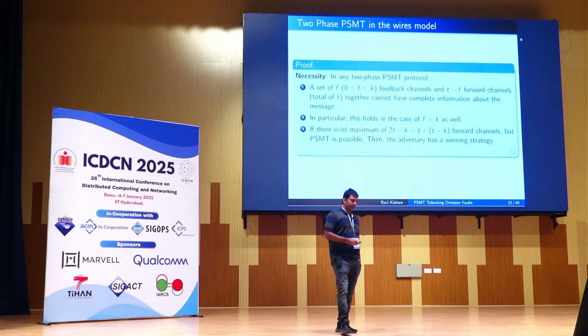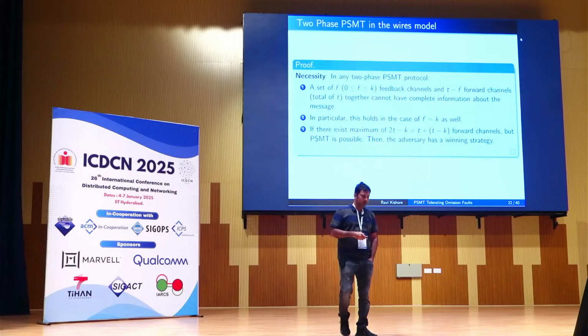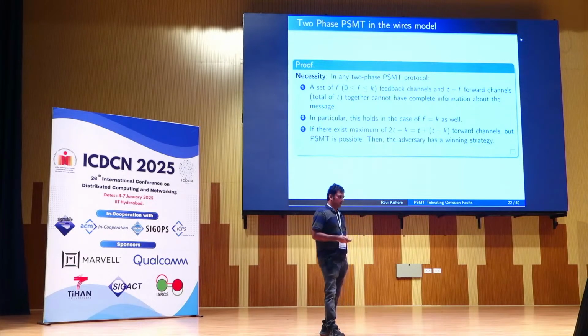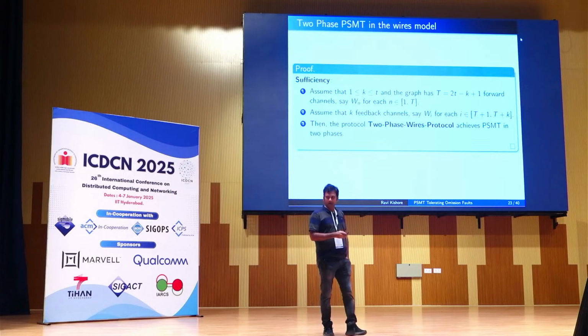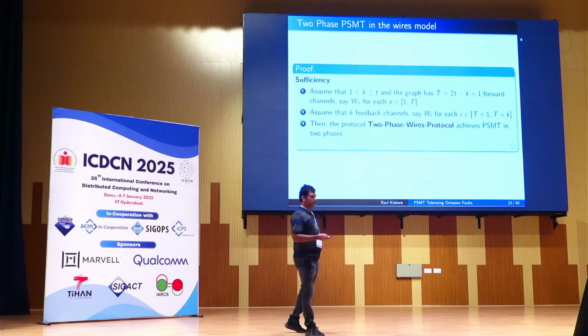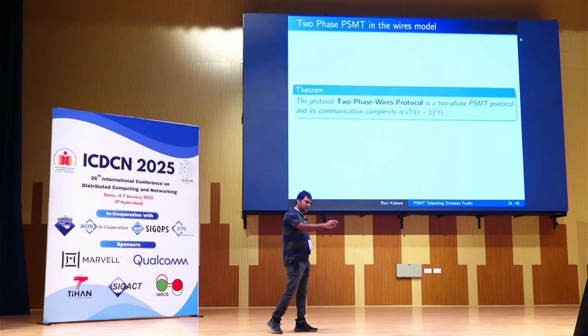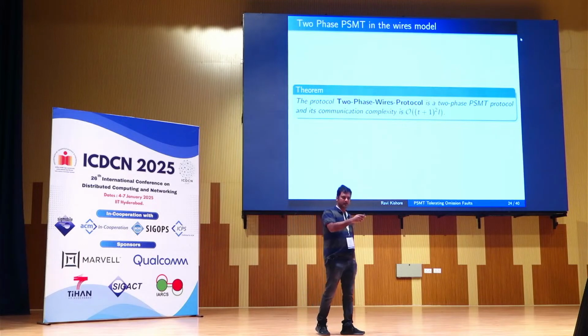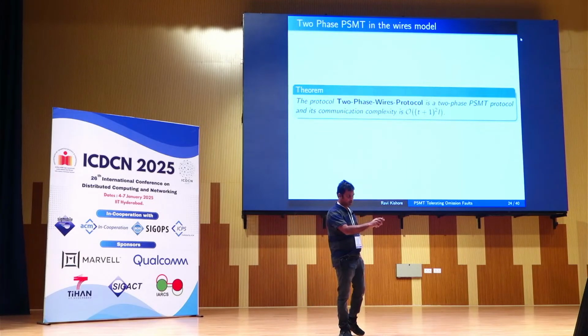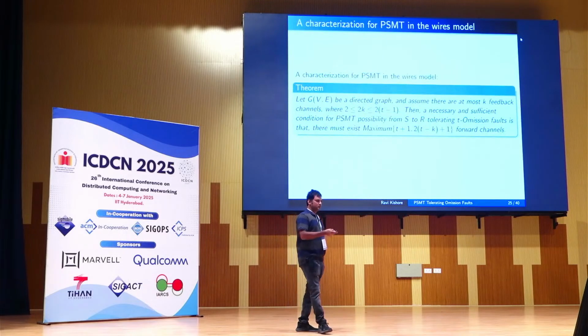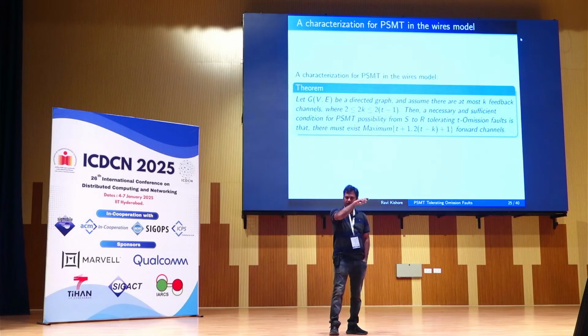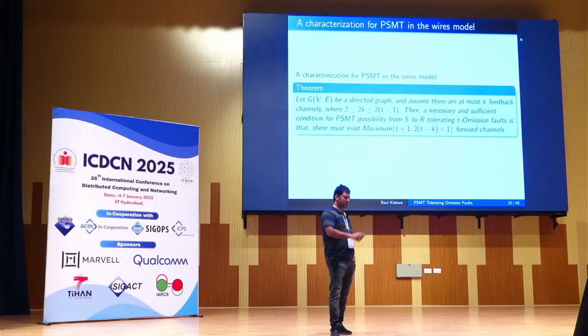Okay, necessity is done, then how do we show the sufficiency? We design a protocol that achieves PSMT in 2 phases. This protocol takes a little communication overhead, like linear communication overhead. Let's move on to the actual characterization, that is, for the 2 phase case, and if there is no phase restriction,